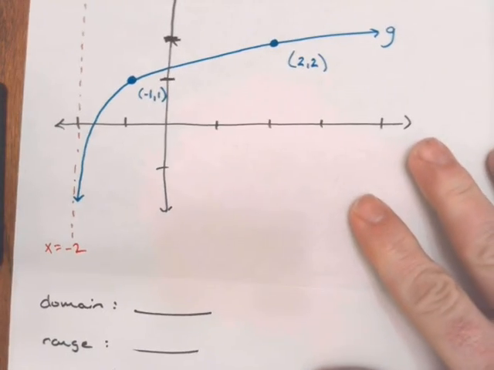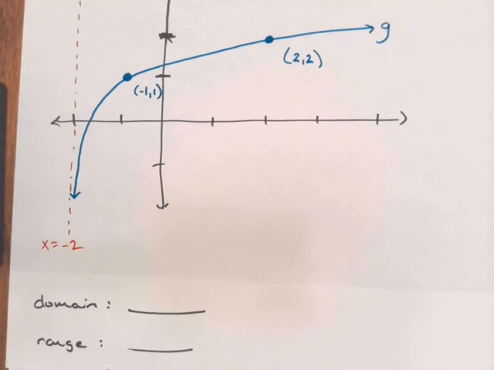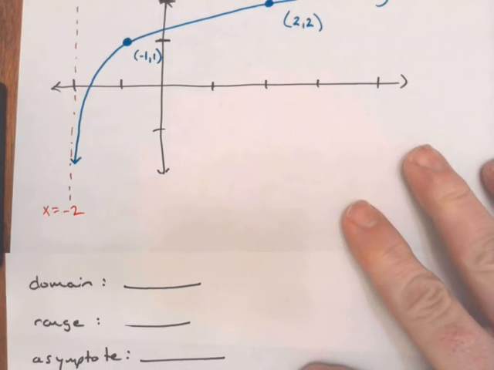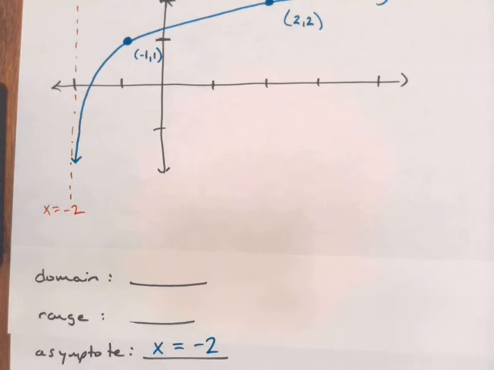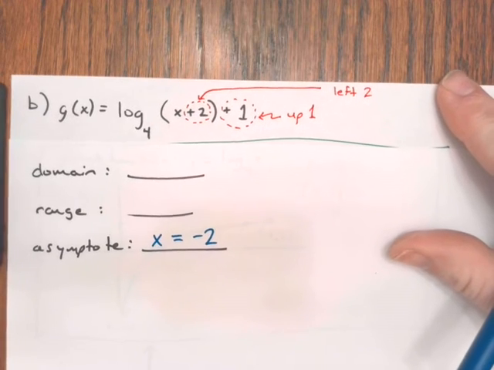Well, you can look at the graph in order to determine what these different values are. I'm going to start with the asymptote first, and then I'll fill in domain and range. If you look at your graph, you can see that the asymptote has the equation x is equal to -2. If you don't want to look at the graph and you want to look at the equation instead,